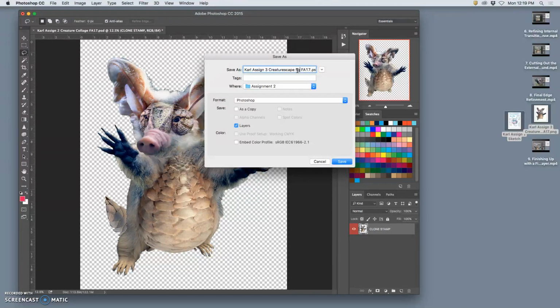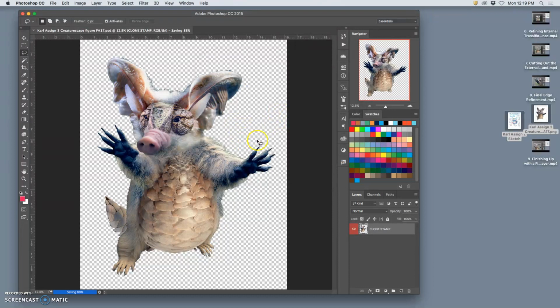And then this is our figurative element. So I call it the CreatureScape figure, and I'm going to save that to the desktop. And I'm going to save it as a Photoshop element. So it's full resolution, right? And it's a transparent layer. I don't want to save it as a PNG because I don't want it to lose any